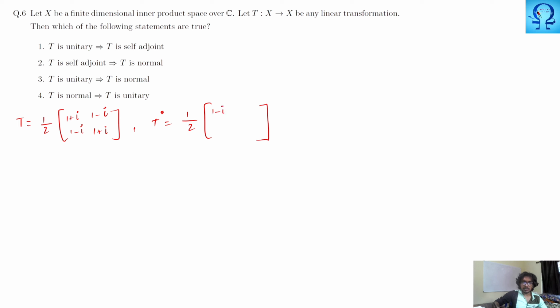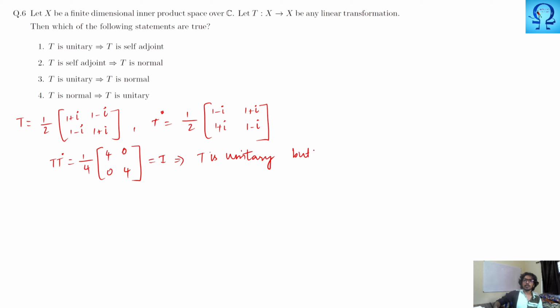When you take the complex conjugate, 1 minus iota, 1 plus iota, 1 plus iota, 1 minus iota, and I have to take the transpose of this one, that is the same thing only. So this is what we have, right? Now I find T T star, which is 1 upon 4 times this with this and this with this. So (a plus b) into (a minus b), a square minus b square, that calculation leads to 4 0 0 4. This you can very well calculate. So this is nothing but the identity. So this proves that T is unitary.